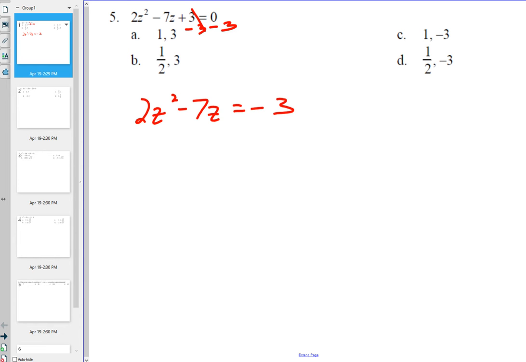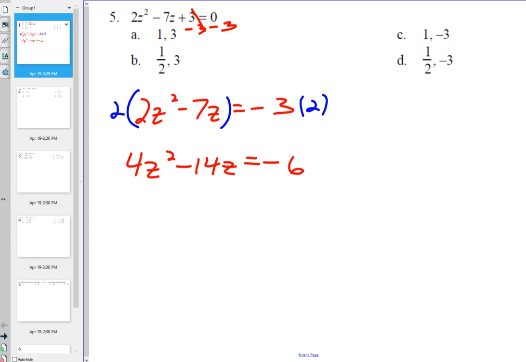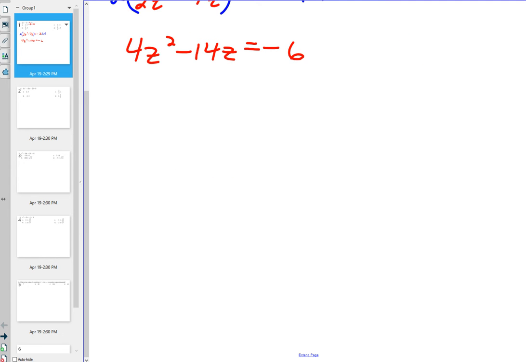As stated on your notes that you had during the quiz, multiply both sides by a because a needs to be a perfect square. So that would give you 4z squared minus 4z equals -6. What's the next step? b squared divided by 4 times